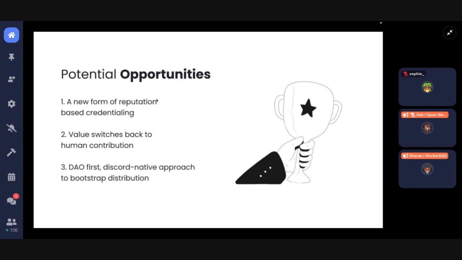Second, DAOs promise better models of work, valuing the collective. Yet even today, power is restricted to a limited audience. Reputation-based credentialing unlocks the ability to allow community contributors to now participate in things like governance and voting, creating better models of internet-scale collaboration. Finally, at WorkerDAO, we get to work with DAOs to create positive sum behavior. In addition to the feel-good factor that this enables, network effects amplify growth and helps us bootstrap distribution.